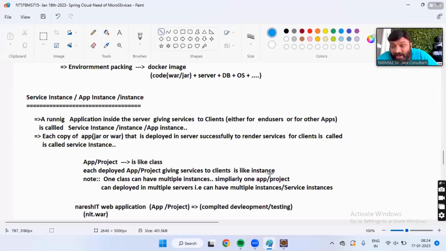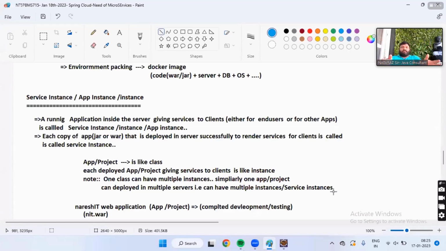You prepared 10 war files deployed in 10 servers, of the same machine or different machines. How many instances are there? 10 instances are there or not? Super. One class can have multiple instances. Similarly, one application or project can be deployed in multiple servers. That means it can have multiple instances or service instances.